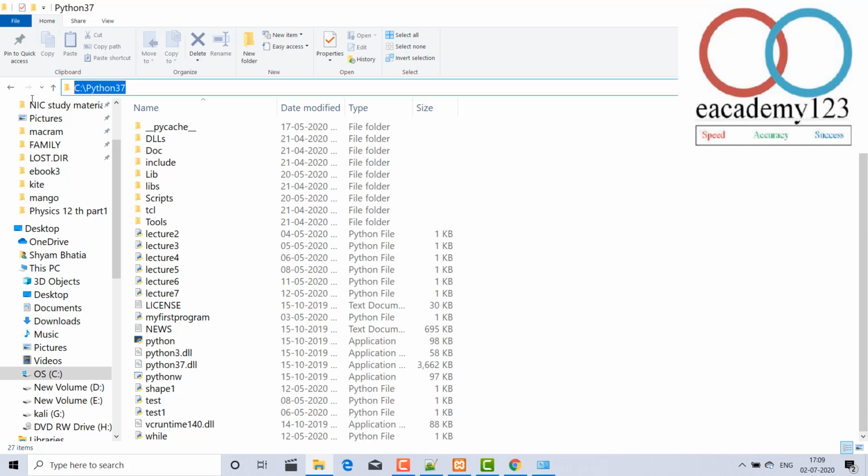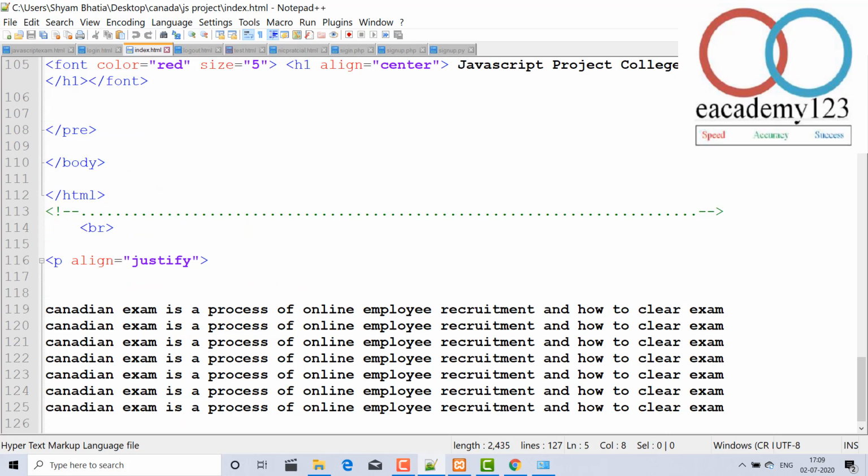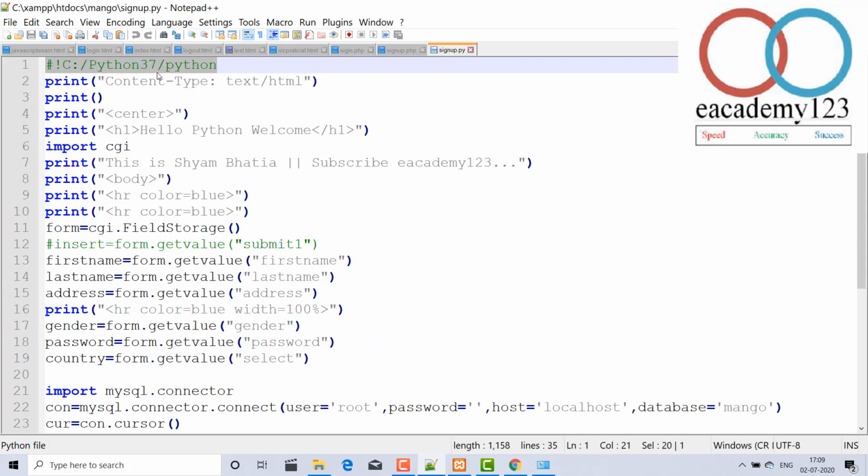And after copying, I have to copy our application. Where is the application? Your application, yes, this is the application, 98 KB. After copying that, Ctrl+C and paste it inside.